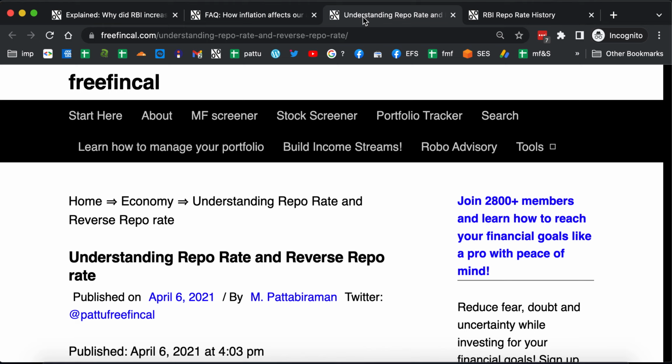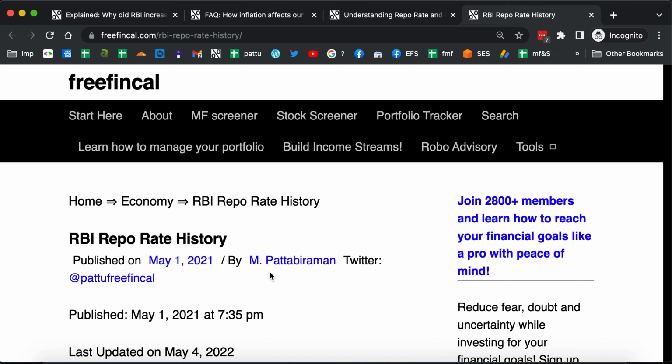So again, if the fixed deposits increase, the saving will increase, the spending will slightly go down. Again, that will reduce demand for goods, because the savings have gone. So that's basically why RBI hiked the repo rate, and you can see the repo rate history, the complete history, whatever is available in our article.